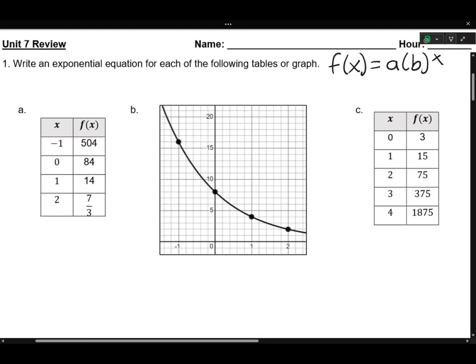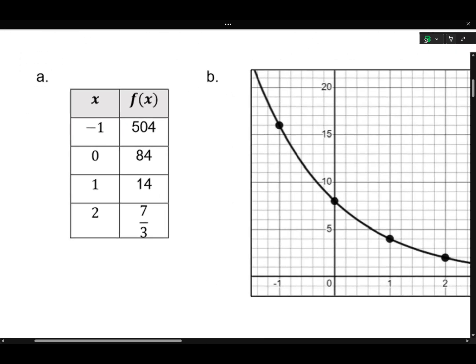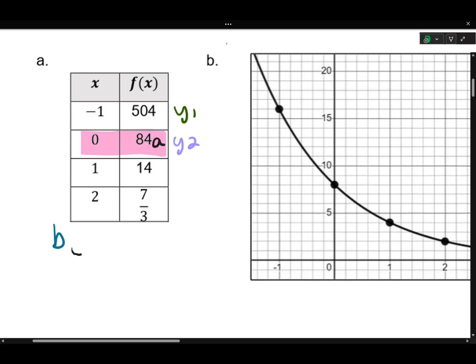Let's check it out. In number 1a, our y-intercept is 84. This is our A. Now, let's find our pattern by doing y2 divided by y1. Let's make this y1 and this y2. B equals